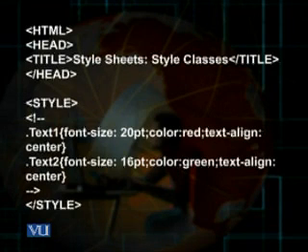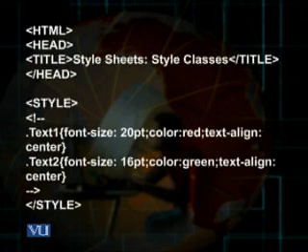We start with the style tag, and then within the style tag, before the close of the style tag, I have in fact created two style classes. The syntax says that I use a dot, and then I give an appropriate name to the style class. Here I have given it the name text1. Then a curly bracket would start where I would define different properties. Here you can see I have used three different properties for this particular class, text1.